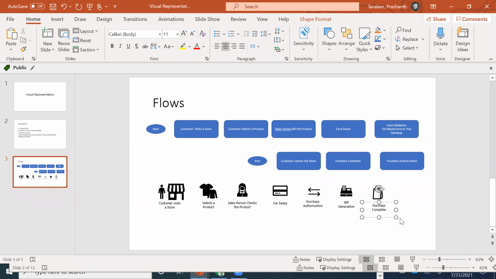Unless you want to add something more, this should suffice. Okay. So here what you can do, add some color.